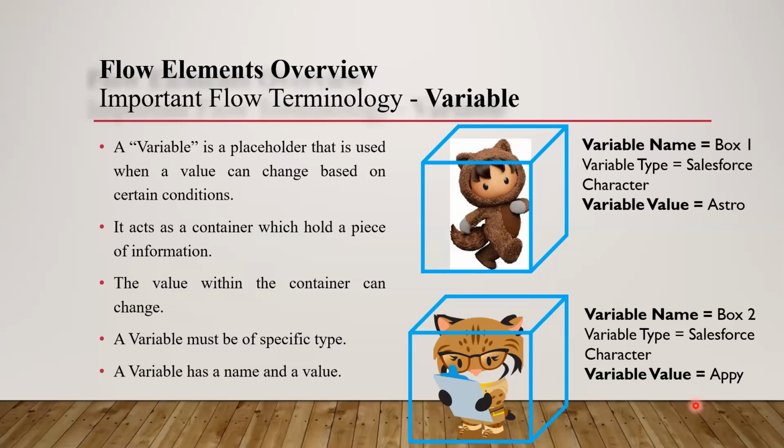How is that possible? Because at the backend, when you select the data type as currency, Salesforce is allocating you a container with variable type is equal to currency or variable type is equal to number, where you can't enter text. And when you enter a value, so and so amount that you are earning as an employee, that comes as a value. Is it clear?